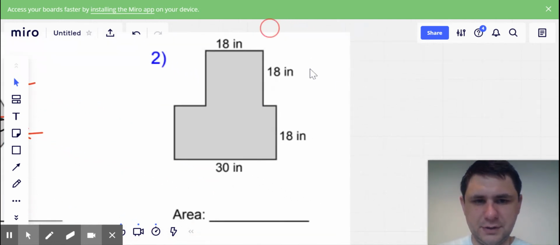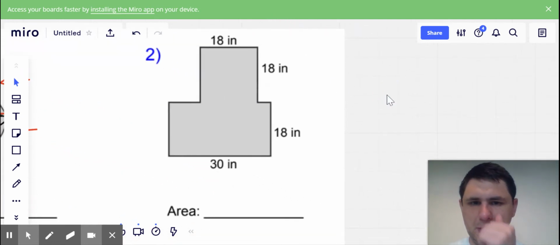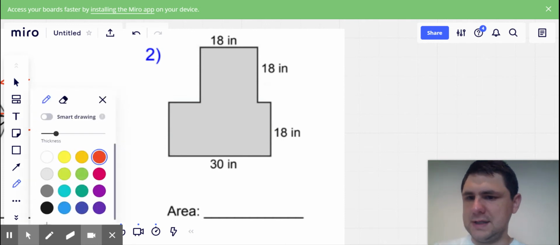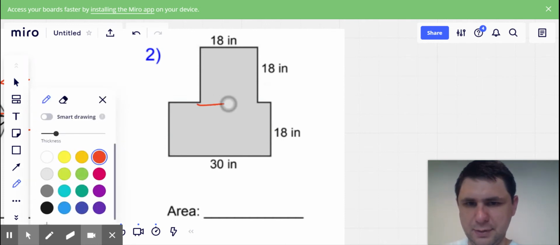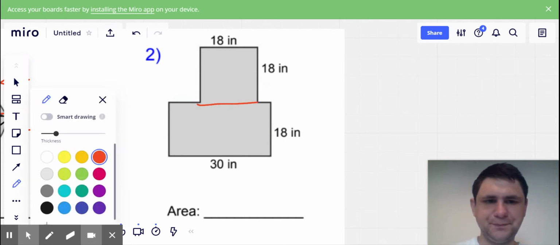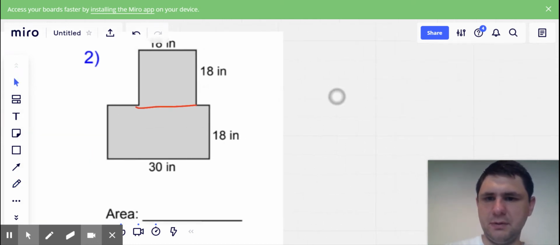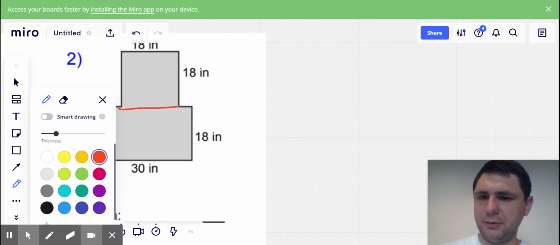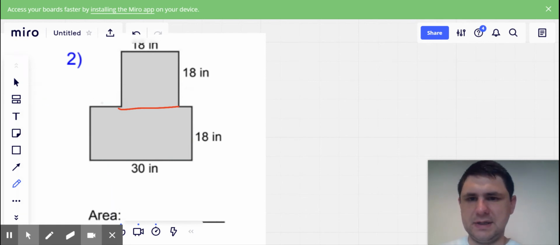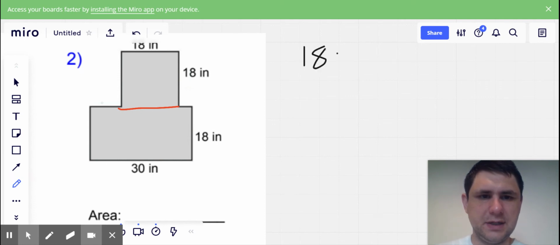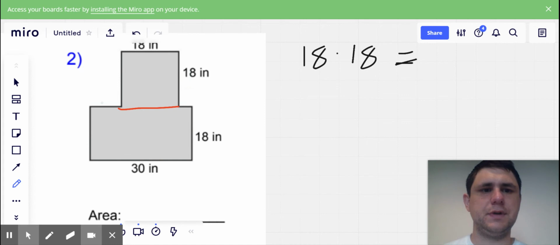Now, let's move on to number 2. This one's a lot more simple. We've just got 2 rectangles here, and I can split them up right along that line. So rectangle number 1, actually, let me move this a little further. Rectangle number 1 is, see, 18 by 18. So I'm going to say 18 times 18, which is equal to